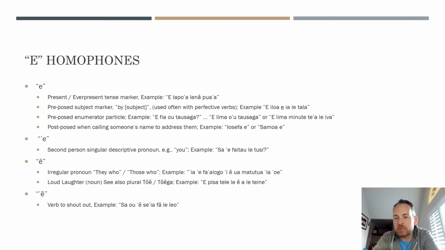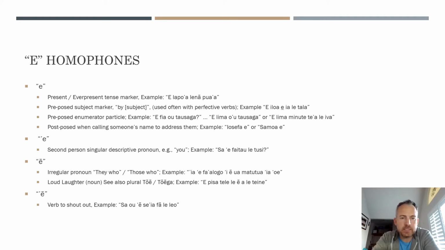But anyway, A in the very beginning of that sentence, it's a tense marker, and it basically modifies the tense of the verb la poa in this case. Fat is not really a verb in English, but it is a verb in Samoan. So anyway, that's probably the most common example. It's one of 6 different tense markers. Again, maybe I'll link up here to a video on tense markers if that's helpful.